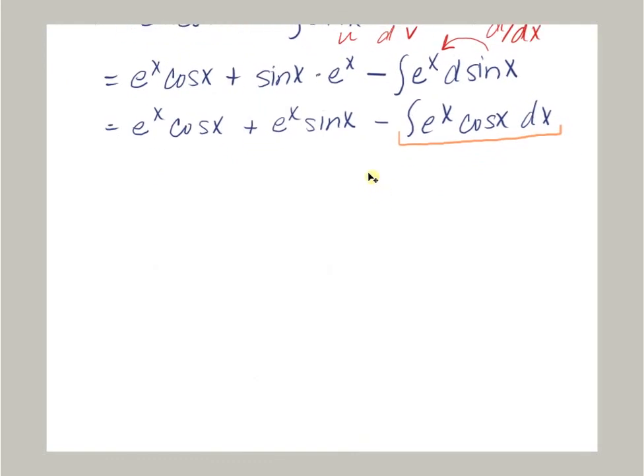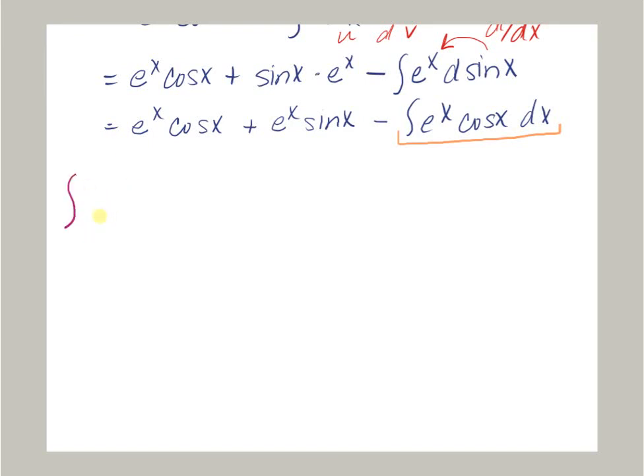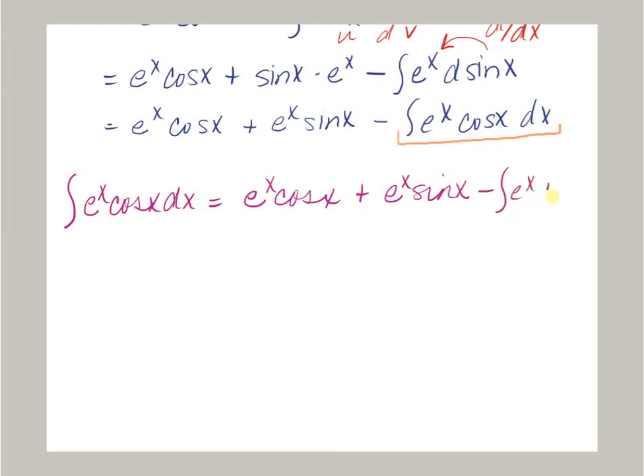So let's push the paper up a little bit, and let's rewrite the problem. If I rewrite the problem, I'm starting in a new color so that we can see that we're just rewriting. The integral of e to the x cosine x with respect to x is equal to, thus far, e to the x cosine x plus e to the x sine x minus the integral of e to the x cosine x with respect to x. And so if I just simply do a little algebra, I've got the answer to this problem. If I add the integral e to the x cosine x with respect to x to both sides,